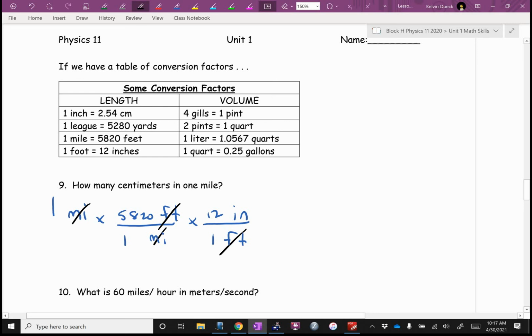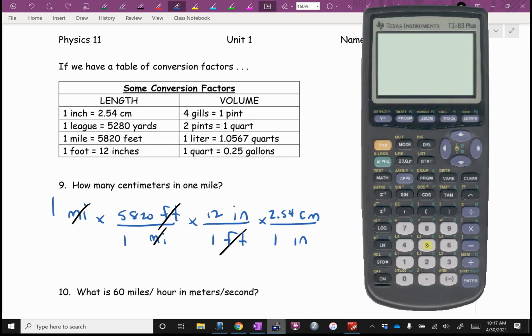Okay, now we're in inches. You go from inches to centimeters. Oh, that'll work. And is that what I wanted to end up in? Nice. Right. And I guess 2.54 centimeters is 1 inch. Each of those numbers is on the top, so I'll multiply. If any of those numbers had been on the bottom, I would divide. But it's going to be